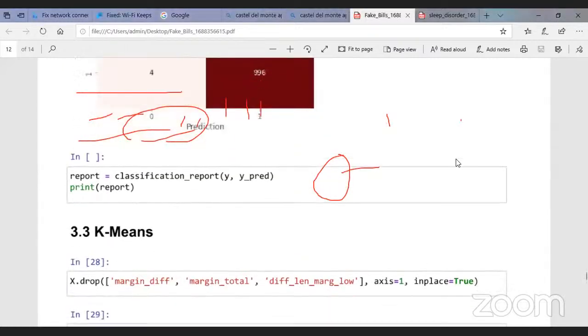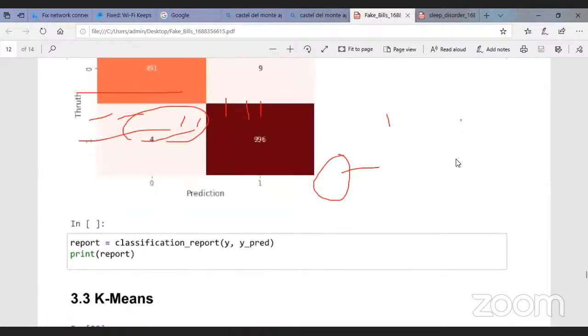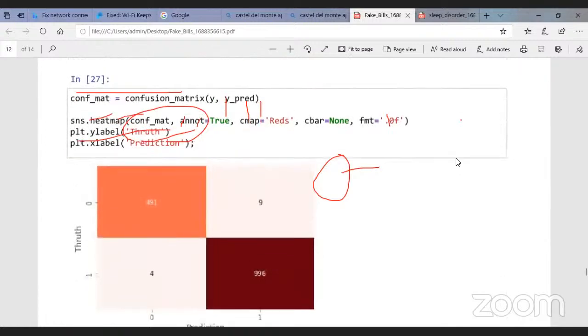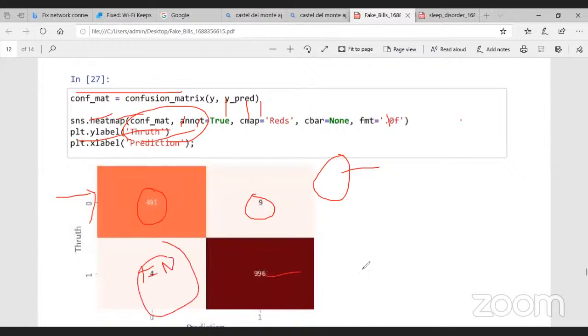Okay. Same again, they're trying to print the classification report and trying to check the true positive and false positive values. In this case, if you see the classification score, the true positives are more and false positives are less. That means recall is high, right? Also, false negatives are less, only 4 values are false negative, and true negative is high. That means this model is performing very good, because for negatives, it is giving negatives